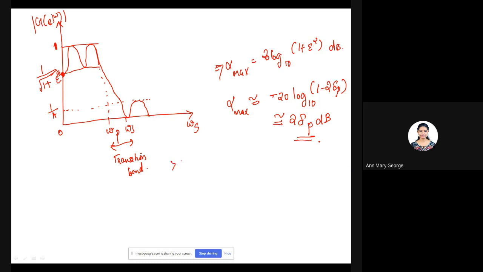Always, while we are designing an IIR or a digital filter, the first step is that you have to convert the digital filter specification into